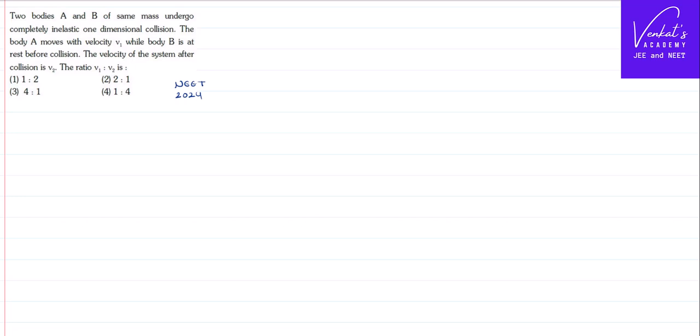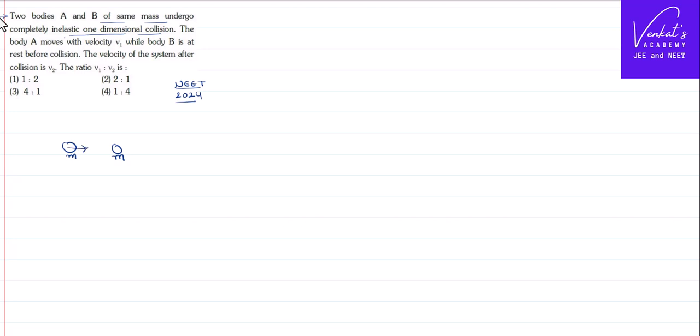Here in this video, we are solving a NEET 2024 question that appeared from collisions, which could be a part of work, power, energy. Two bodies A and B of the same mass undergo complete inelastic one-dimensional collision. See, first thing that we need to understand is there are two bodies, both the masses are same,